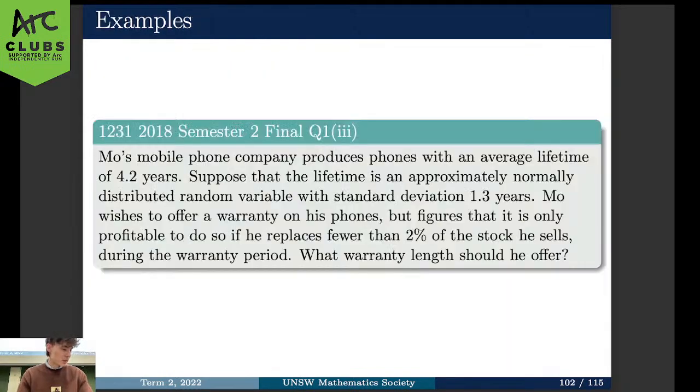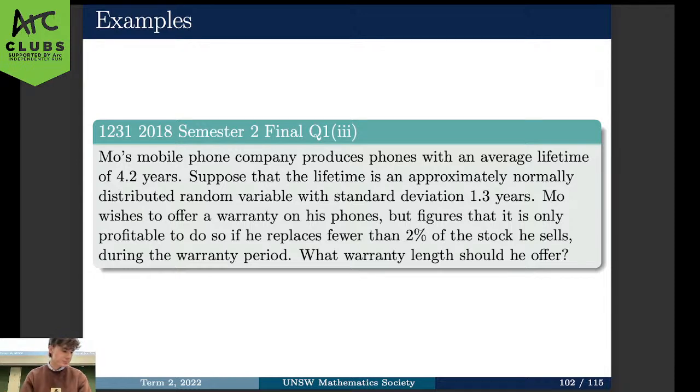So let's go ahead and apply that in a question here. Mo's mobile phone company produces phones with an average lifetime of 4.2 years. Suppose that the lifetime is approximately normally distributed with a standard deviation of 1.3 years. Mo wishes to offer a warranty on his phones, but figures that it's only profitable to do so if he replaces fewer than 2% of the stock that he sells. So what warranty length should he